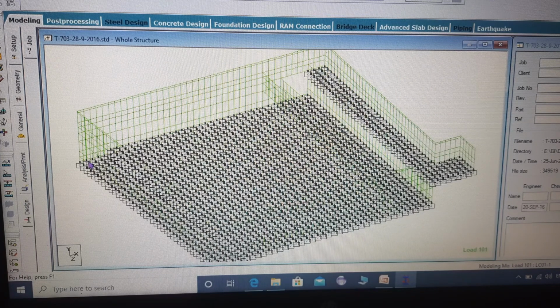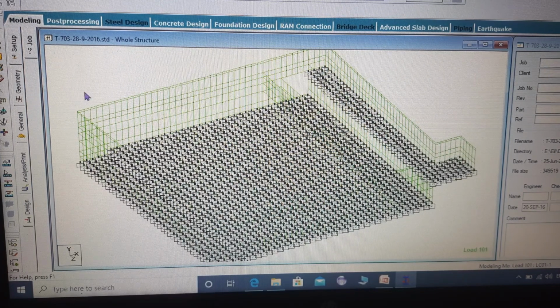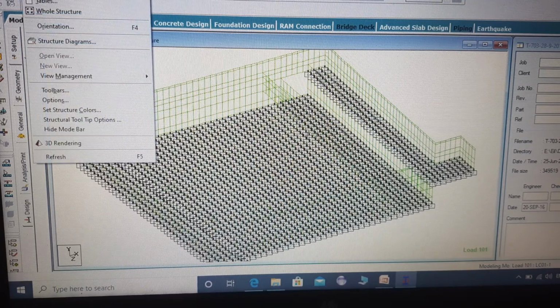In the previous tutorial I showed you the functionality regarding the view button. Actually, all this functionality I am briefing you because these are useful for modeling critical structures.